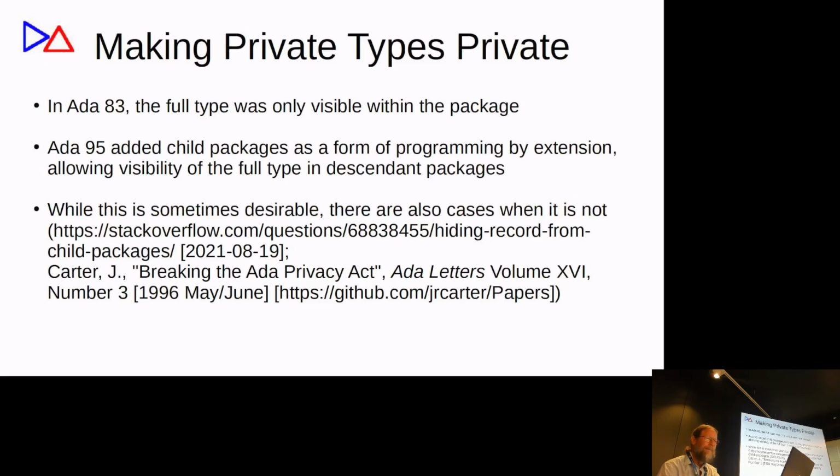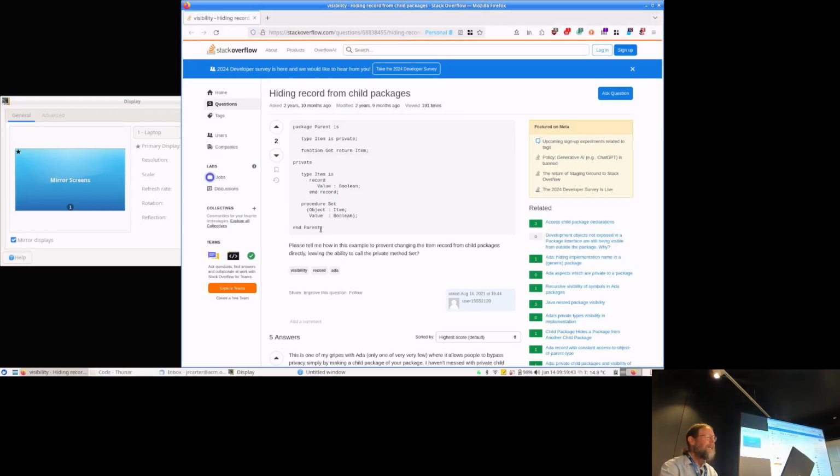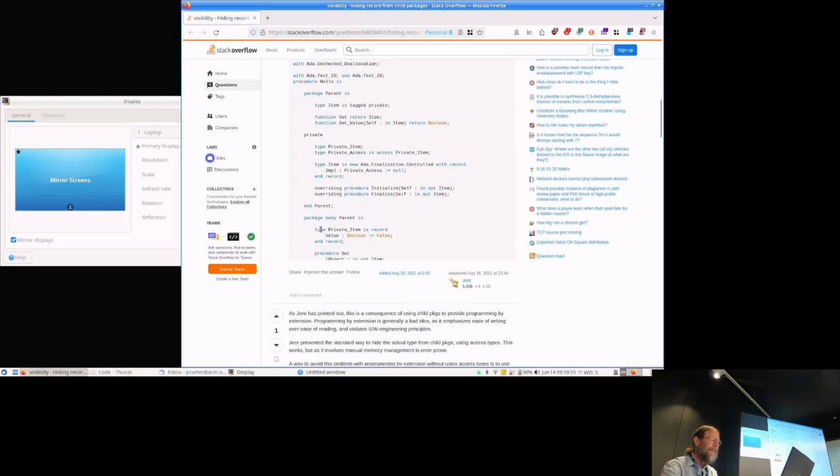For example, if you have a complex record with constraints between the fields, you might want to limit changes to the record to being done by an operation that enforces those relationships. And in fact, we have here on Stack Overflow a question from a couple of years ago from somebody who had basically that same thing. And the first answer that you got used, let's see,